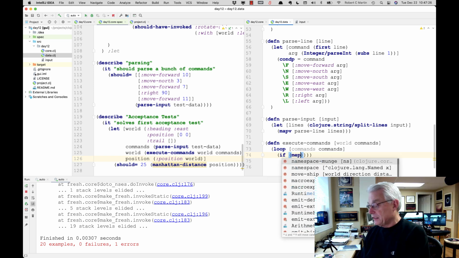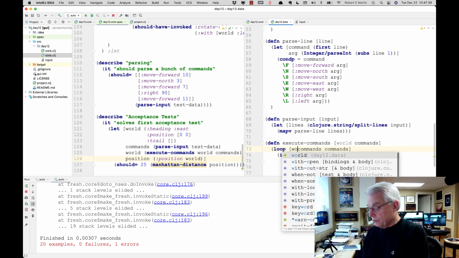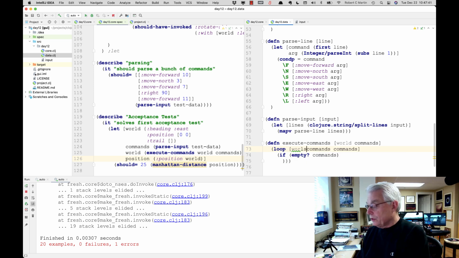If empty commands, then we're done, and we return the world. Otherwise we recur